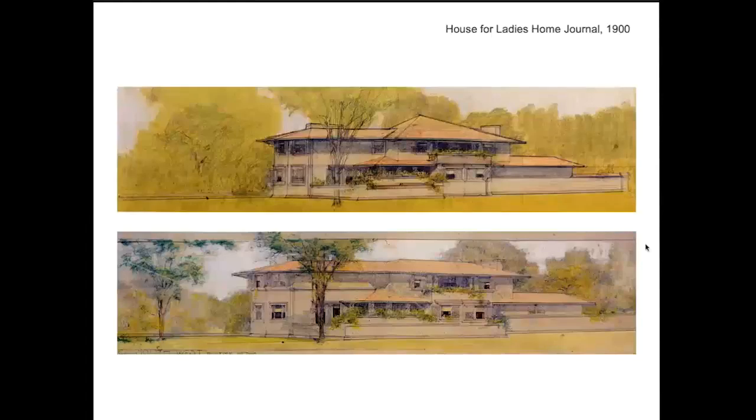In 1901, Wright designed for the Ladies' Home Journal a series of